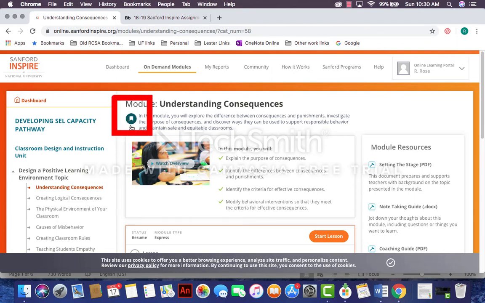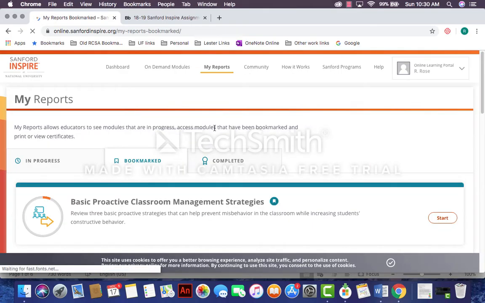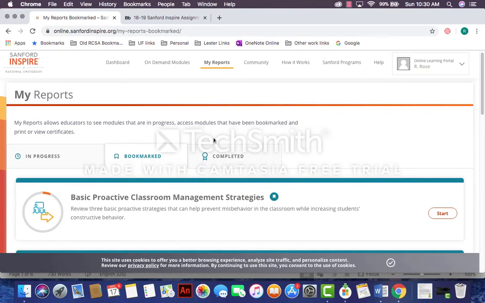And the easiest thing to do might be to go ahead and start by bookmarking all 6 of the courses that you need right off the bat. Once I bookmark the courses that I'm going to need to complete, I can access them by going to the My Reports and then selecting the bookmarked link. And here I can find all of the courses that I've bookmarked